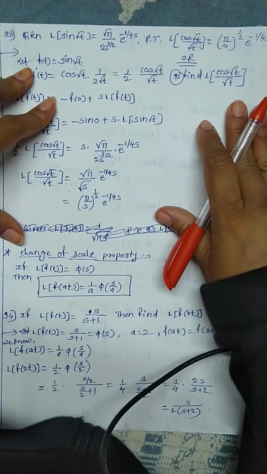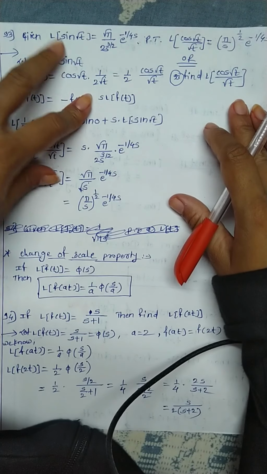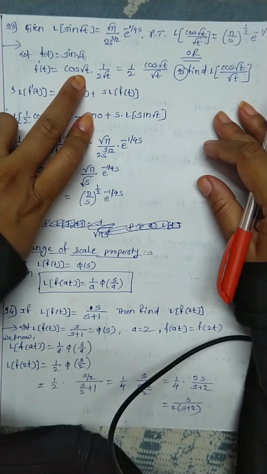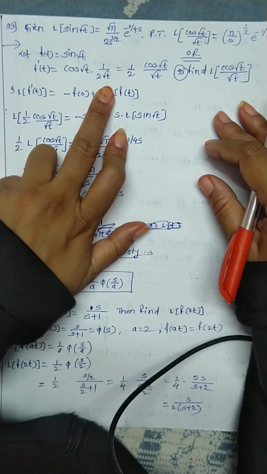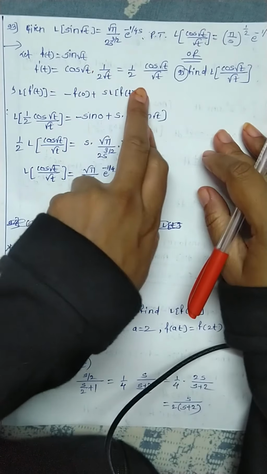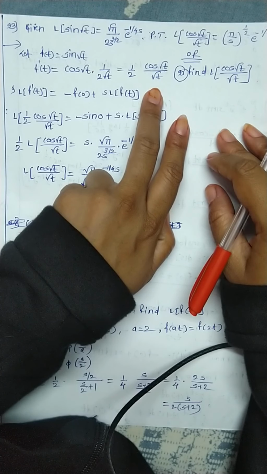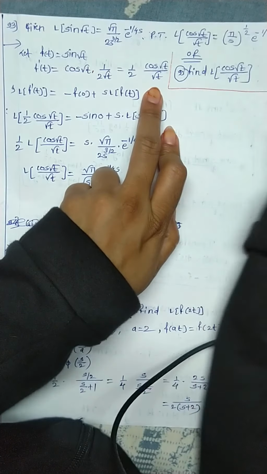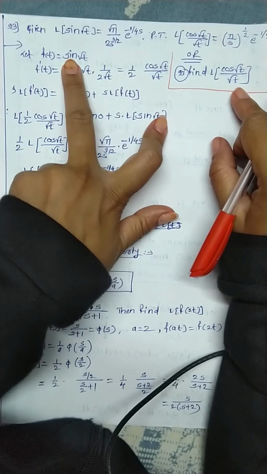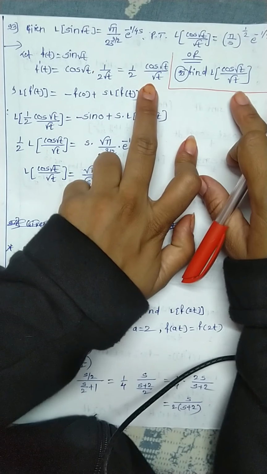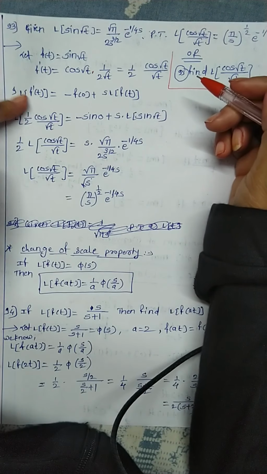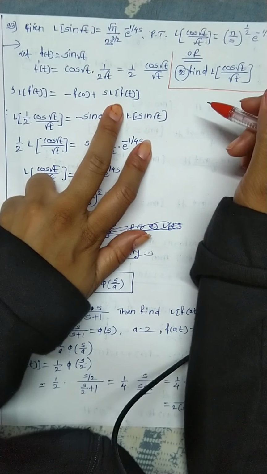Now let us start. Let f of t be sin root t, the original function. Now take the derivative here. f dash t is the derivative of sine, cos root t, into the derivative of root t, which is 1 upon 2 root t. Simplify, take 1 by 2 outside: half cos root t upon root t. This is our question, or they can ask directly to find the Laplace transform of cos root t upon root t. You have to start from sin root t. Now the Laplace transform of f dash t is equal to minus f of 0 plus s L of f of t. This is the formula.